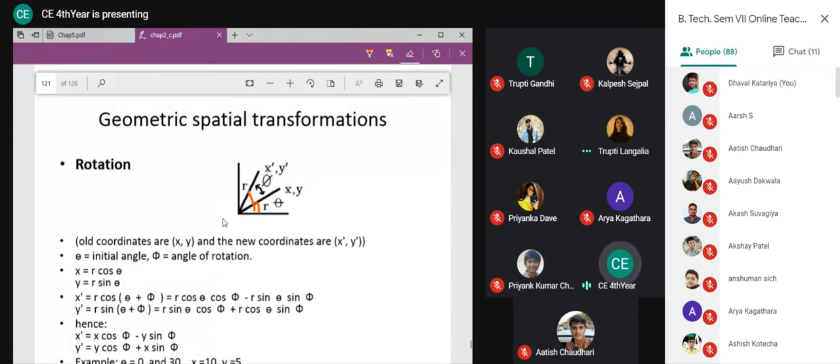So now what to do for that? If I want to give the rotation by angle 5, what to do? Let us think: earlier the coordinate was at xy, and now it is at x dash y dash. If this is angle phi, can you give me the value of x in terms of r, the length of that side of your square? If this is r and this is phi, how is x given in terms of r and phi?